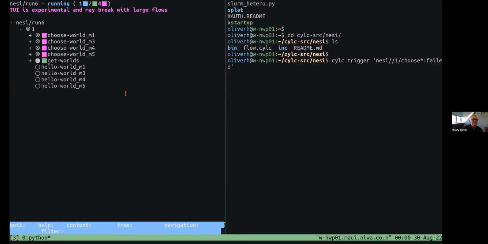So I'm going to hit that, and boom, there it goes. They're all going, and now they're all going to succeed, and the workflow can carry on downstream of that and run to completion.